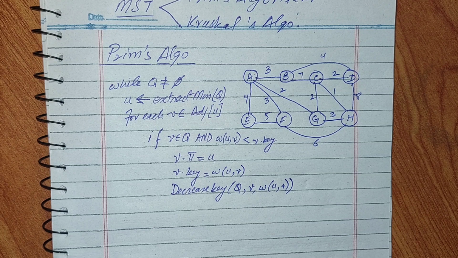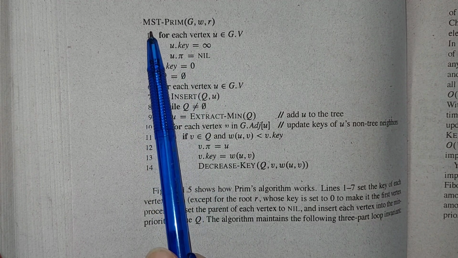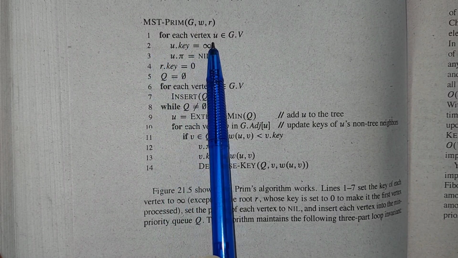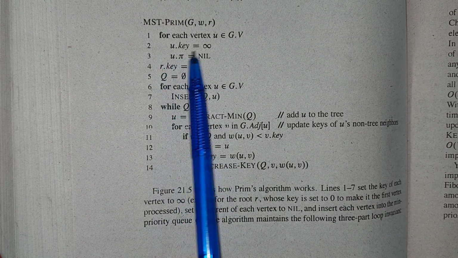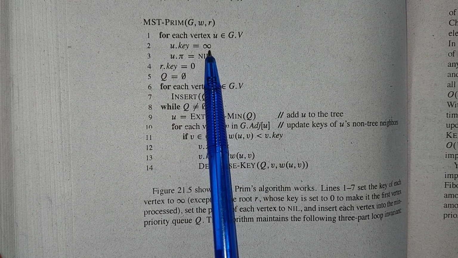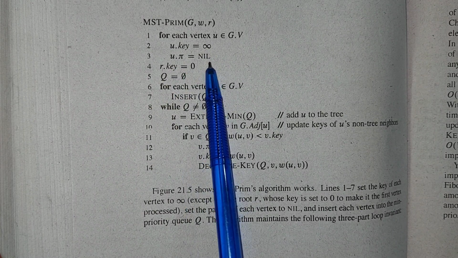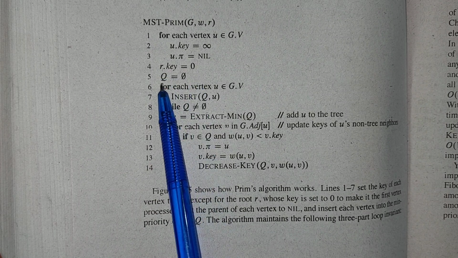Starting with the algorithm, first of all, I will show you the algorithm from the book. The book is Cormen's Introduction to Algorithms. So here is the algorithm of Prim's algorithm. This is the initialization for all the vertices, just like in BFS. The key is equivalent to the distance. So key is infinity, the parent is nil, and the key of the source is 0, and then